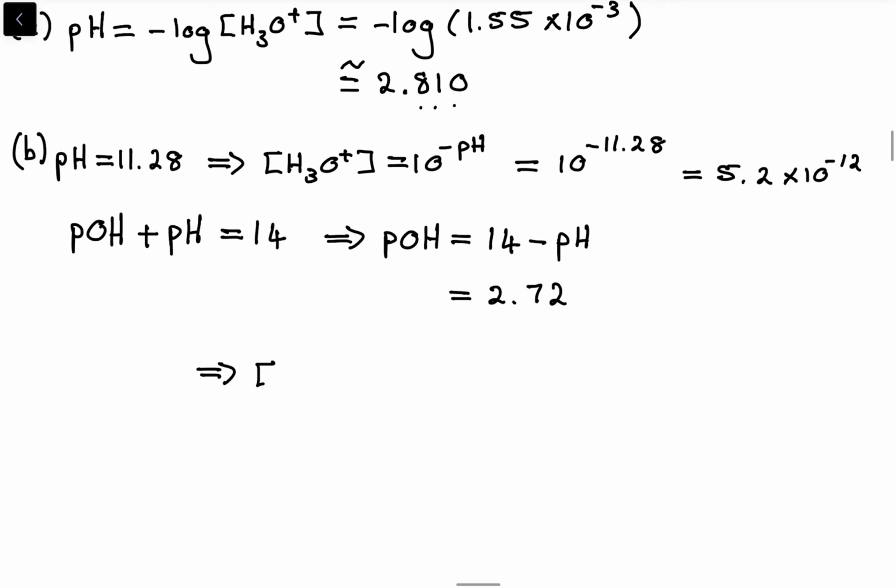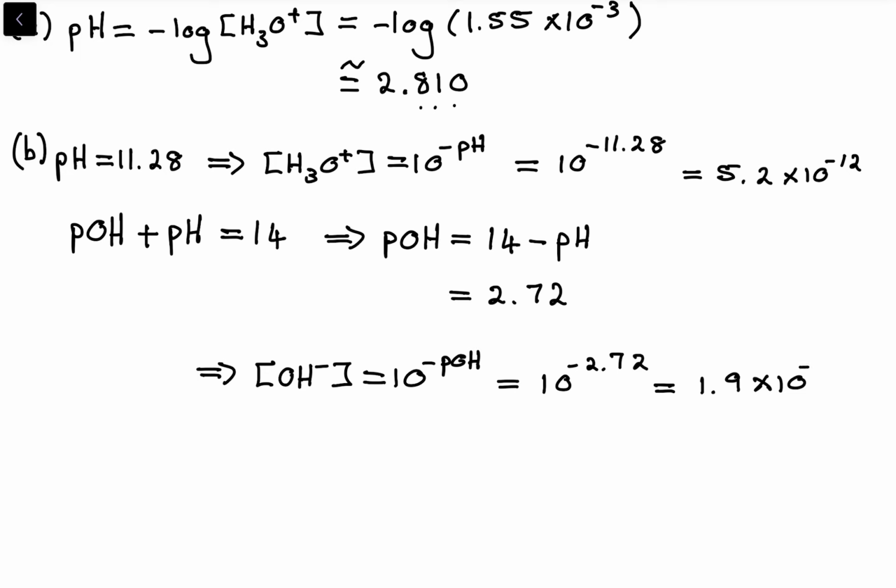And we can write something similar, that the OH concentration is equal to 10 to the power minus pOH. And of course, that is 10 to the power minus 2.72. You're going to get a value of 1.9 times 10 to the power minus 3. Of course, these are molar